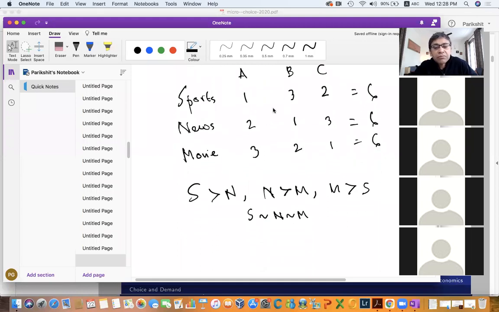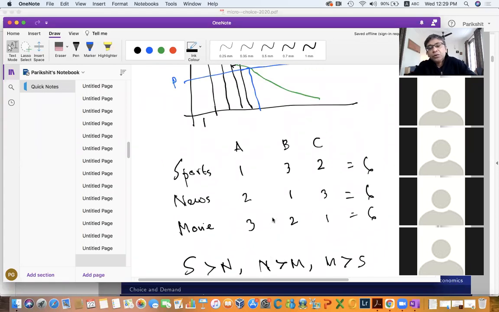If you manage to satisfy all the desirable properties, the rule will end up violating transitivity. Okay, it won't be a proper preference ordering. So